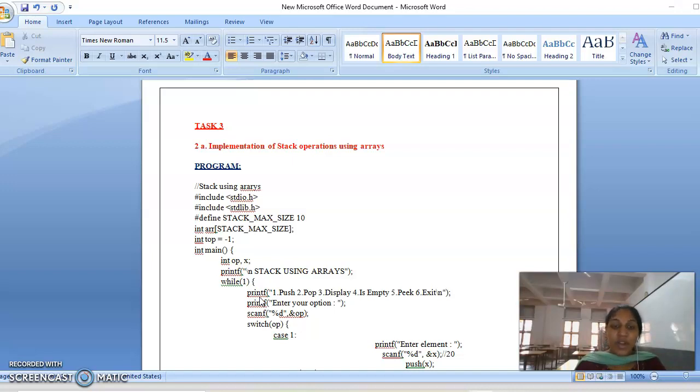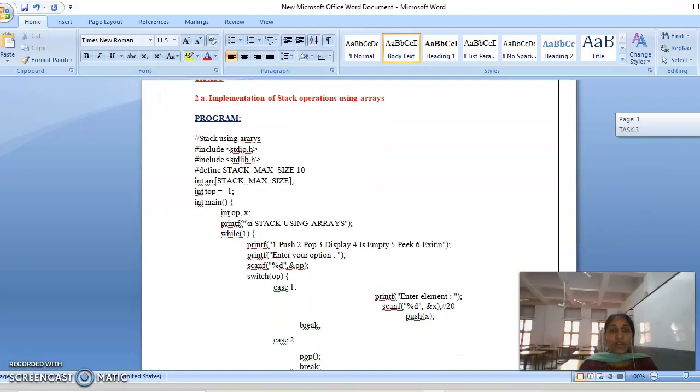Is empty checks whether the stack is empty or not. And the next one is peek. Peek is nothing but displaying the topmost element on the stack. Next one is exit. Here using scanf I can read my option.